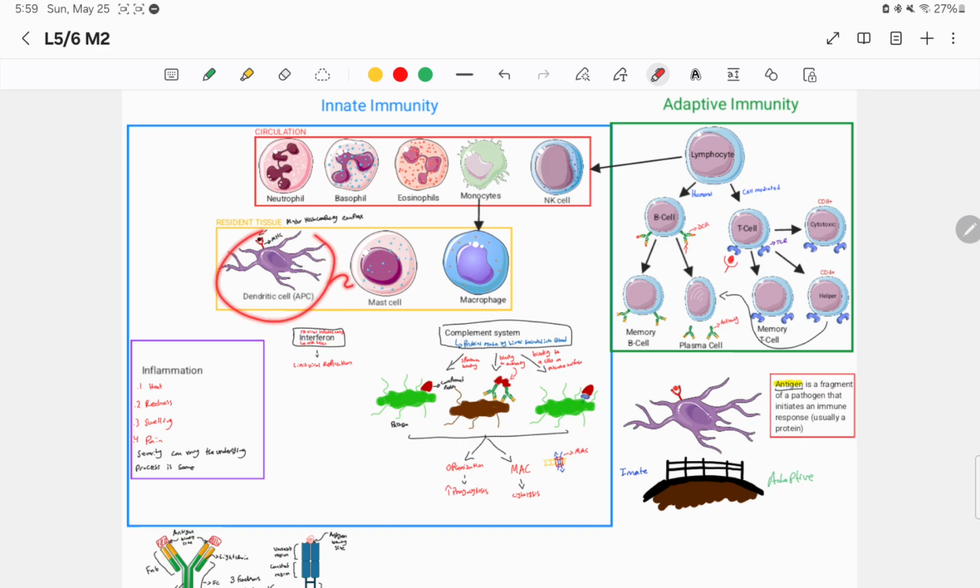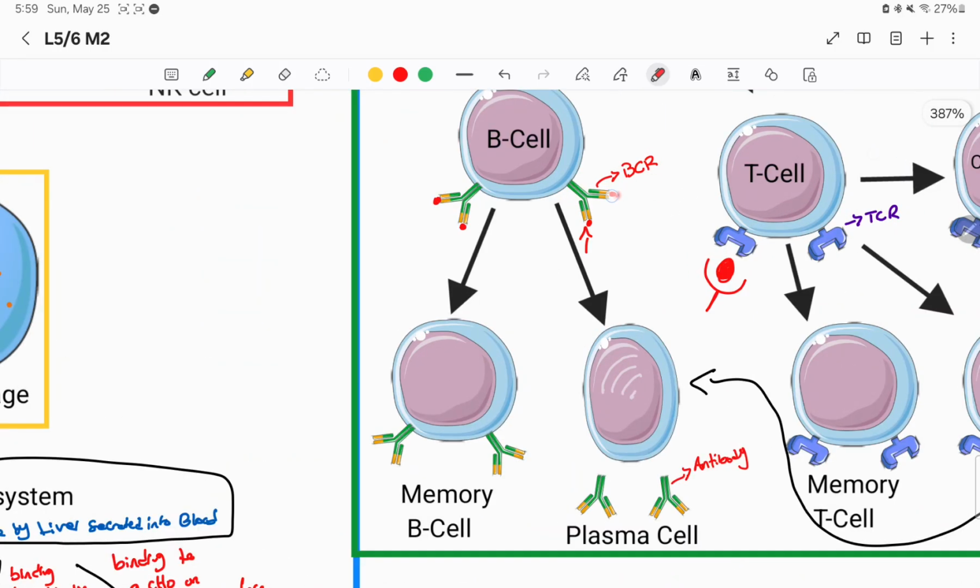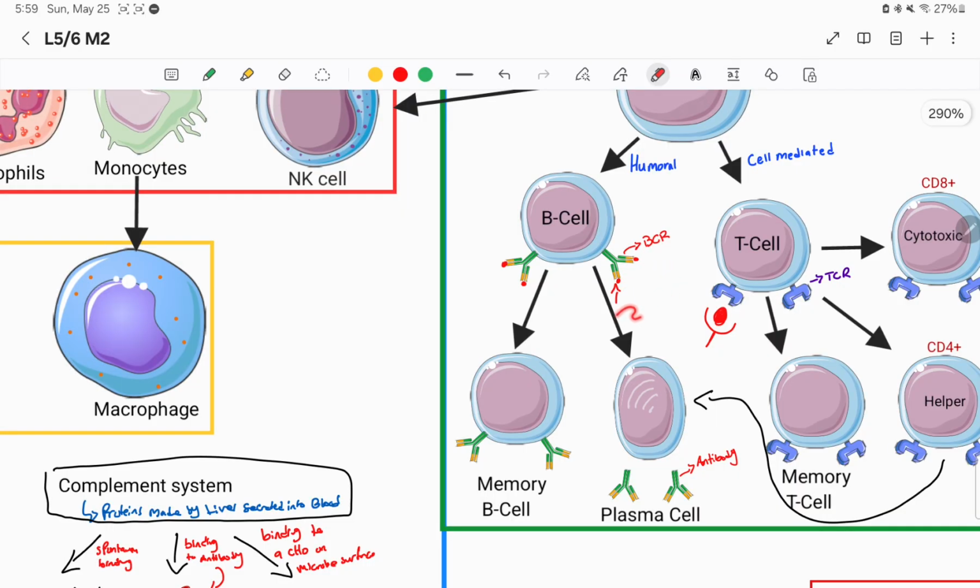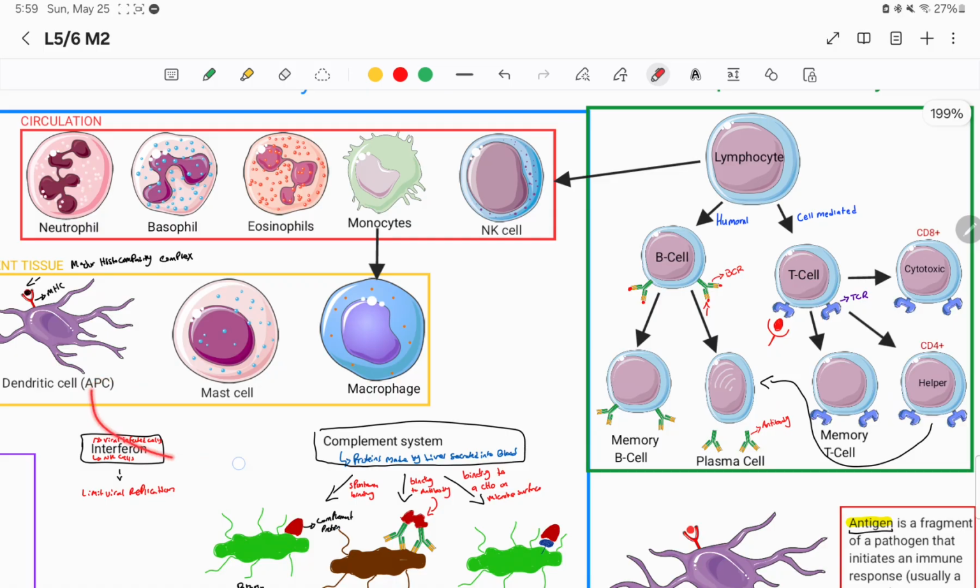Without the dendritic cell, we cannot activate the T cell. And if the T cell is not activated, then the cell-mediated portion of the adaptive immunity is completely done. But what about the humoral part? We said that the B cell receptor can just easily see the antigen, which means we can still get antibodies, right? Wrong. We need the dendritic cell to activate the T cell, and then the activated T cell makes the